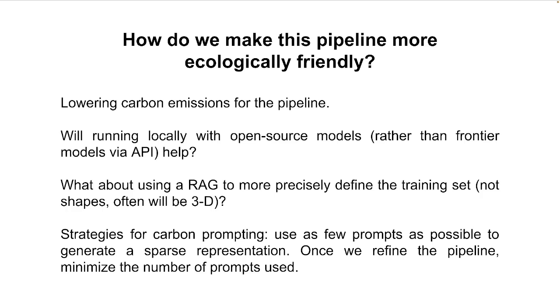So, one thing we considered was, will running locally with open source models rather than frontier models help? And it may help. So we can look at different open source models and see which ones, especially if we run them, say, on a Mac Mini, we can actually do this a little bit more easily. The second point is, what if we use RAGs more strategically to precisely define the training set? So like what we did with the Braitenberg vehicle example, but we really refine our training set, and we really have something that is